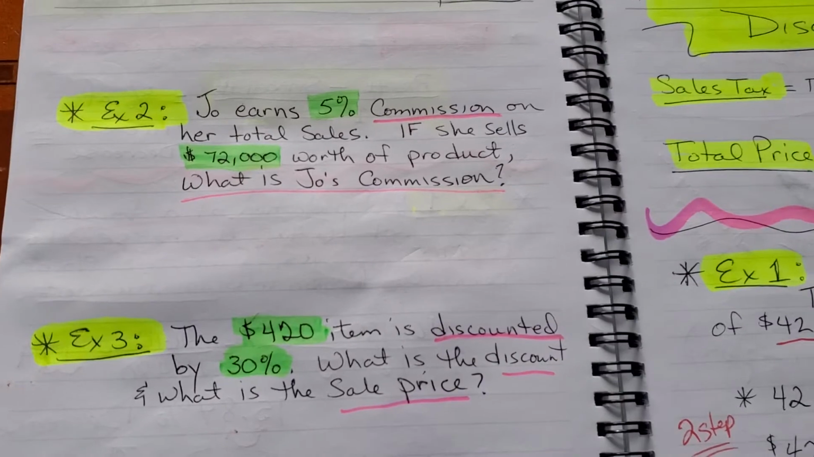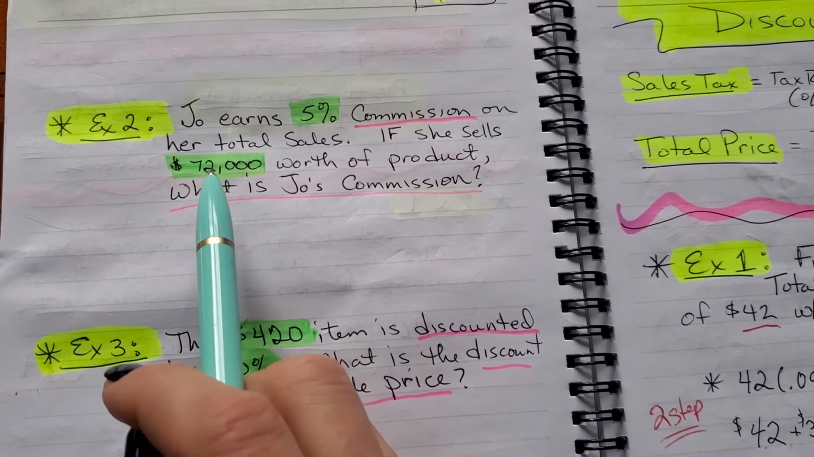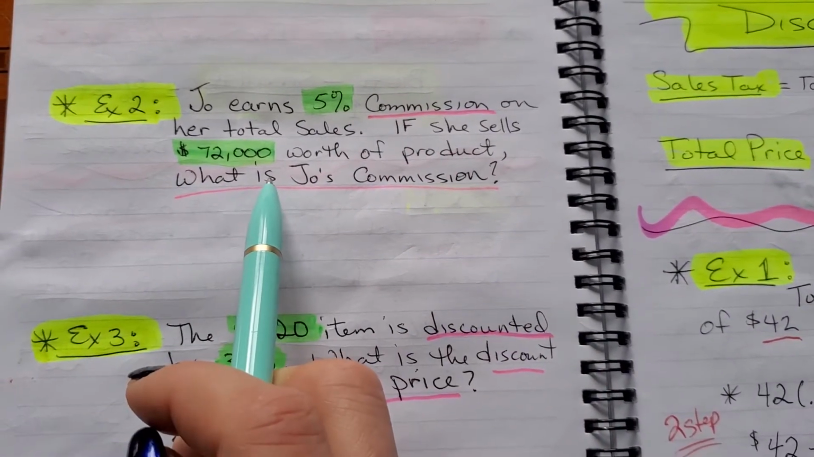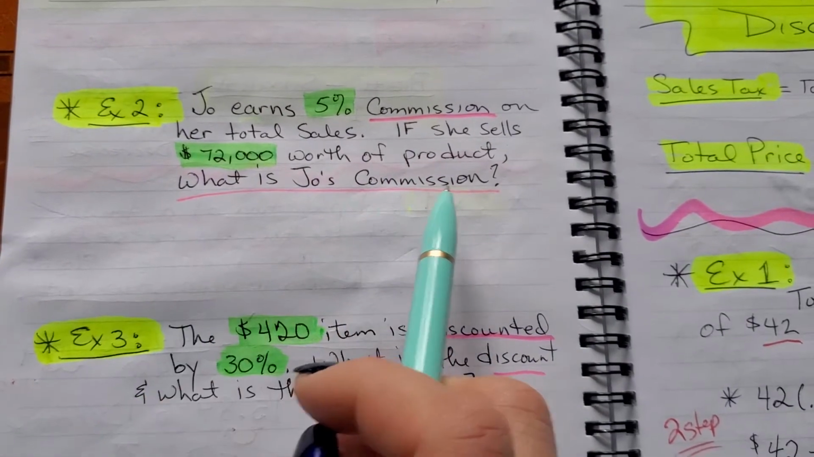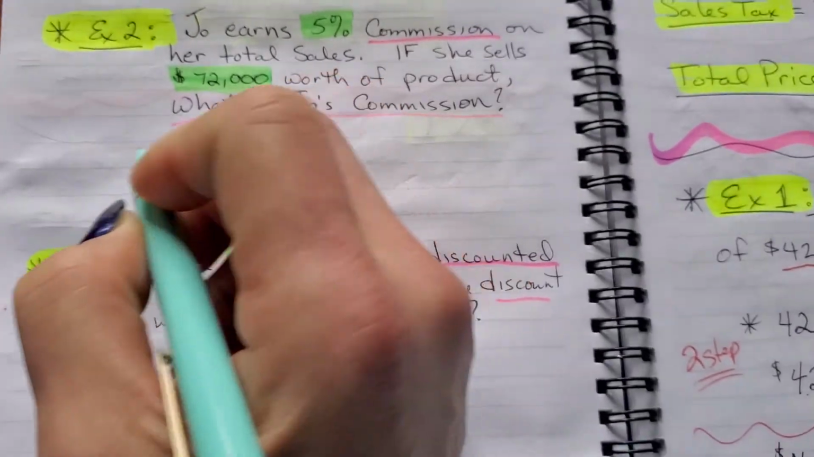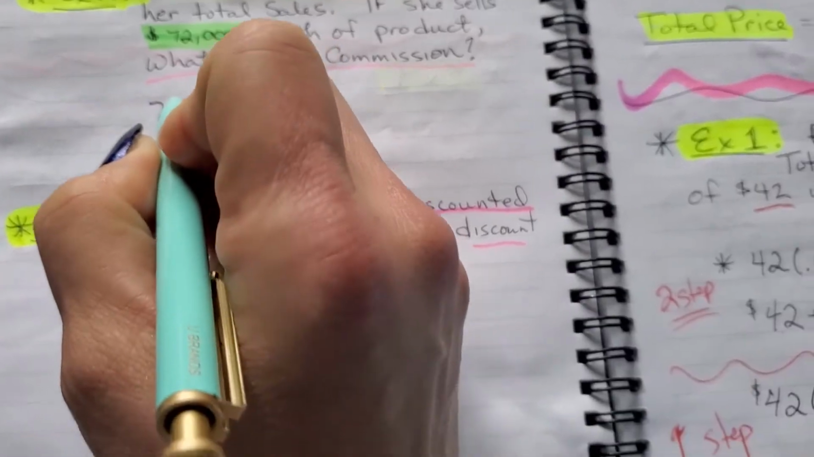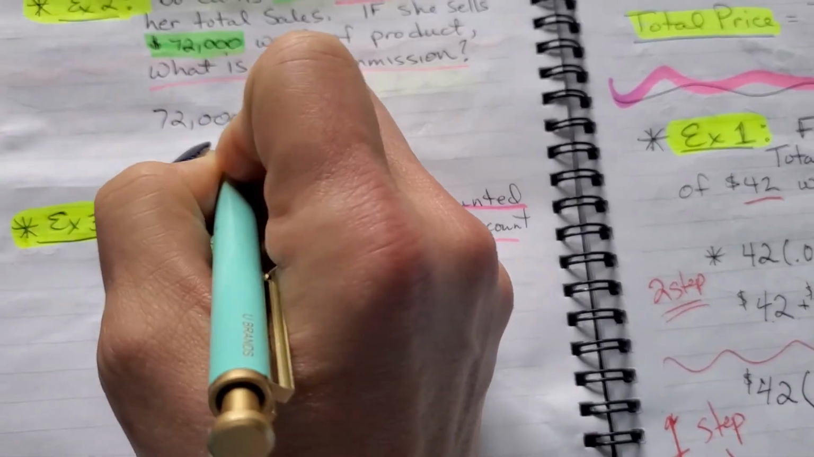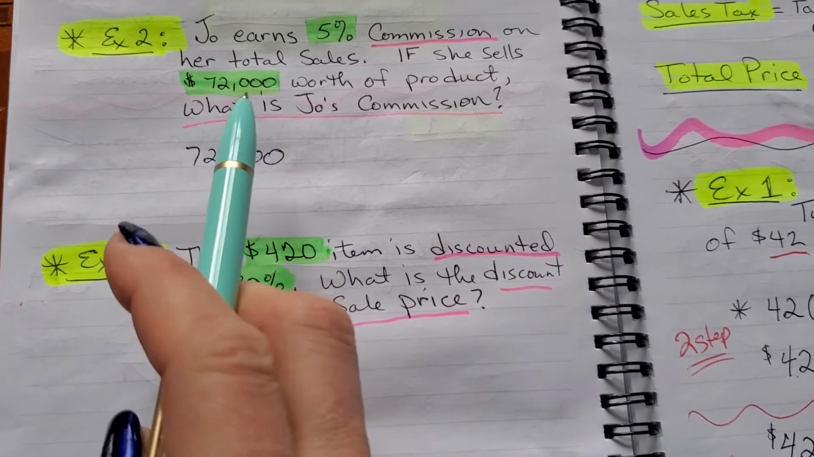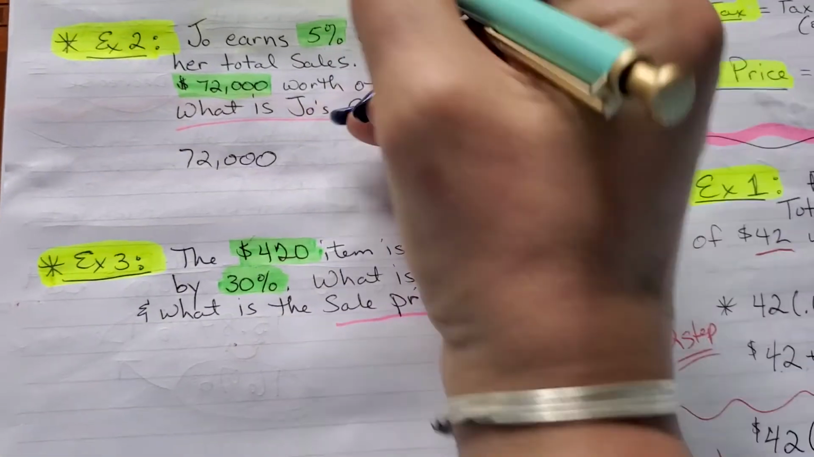So we are just going to use the information they gave us, which is that Joe earns 5% commission on her total sales. So if she sells $72,000 worth of product, what is Joe's commission, okay? So this we are going to start with, and again, like I said, it's just like sales tax. So we're going to take the total amount of sales, the initial sales, right? And you're going to take your 5% commission. Now remember, we can't use 5%,